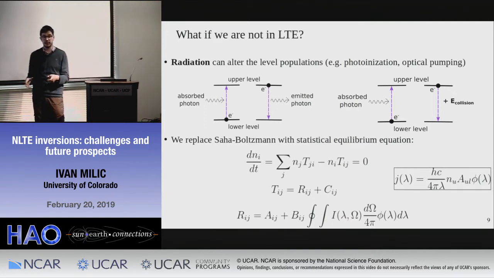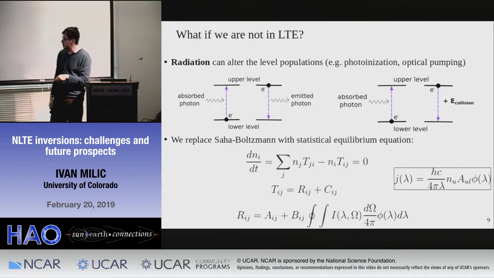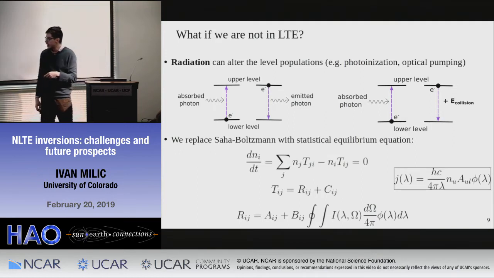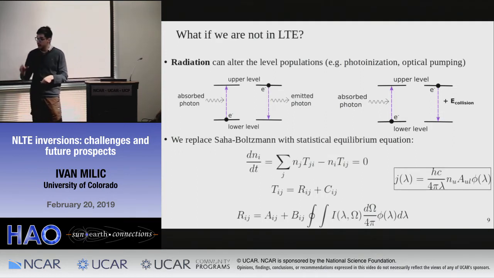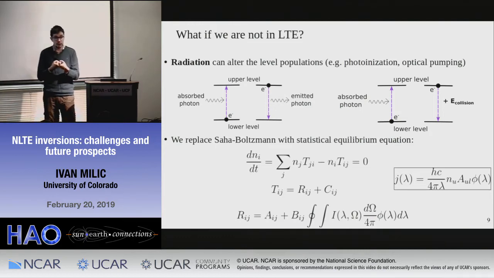And that's basically non-LTE. If you put it in equations, it looks something like this. We need to replace the Saha equation, the Saha-Boltzmann statistics, with something called the statistical equilibrium equation. That is the assumption that at least the level populations will be constant in time, and their populations are the solution of this linear system here, where we have the competition of radiative and collisional processes. But the equations here are not so important. What is important is that there is coupling between the radiation field and